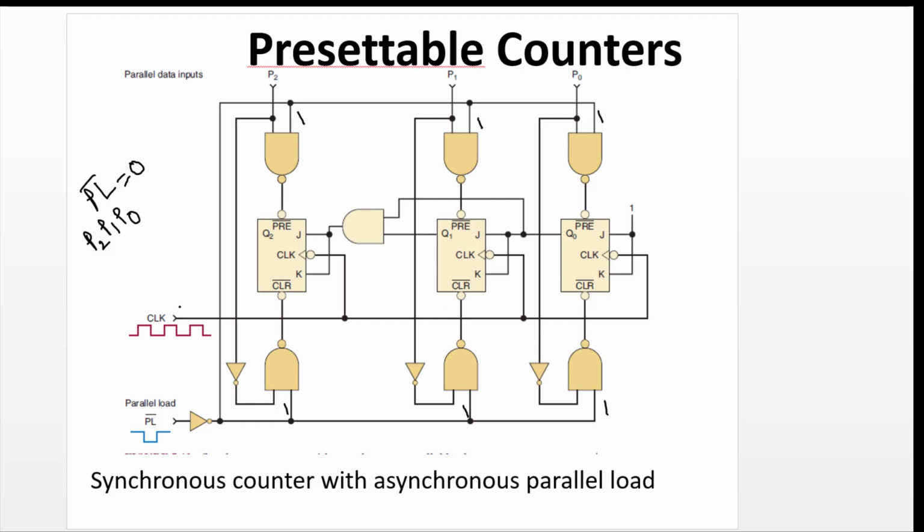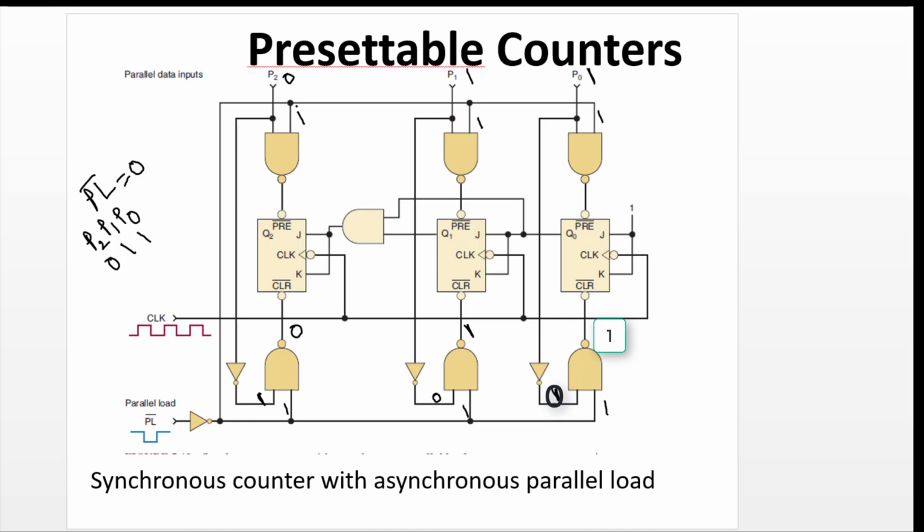Let us assume here my P2 is 0, P1 is 1, P0 is 1. So I am going to make P2 0, and this is 1 and this is 1. If you observe carefully, your P2 is connected through a NOT gate to the second NAND gate bottom side. That means P2 is 0, this becomes 1. If P1 is 1, this becomes 0. Now if you observe, 1 into 1 will be 1, 1 bar will be 0. 0 into 1 will be 0, 0 bar will be 1.